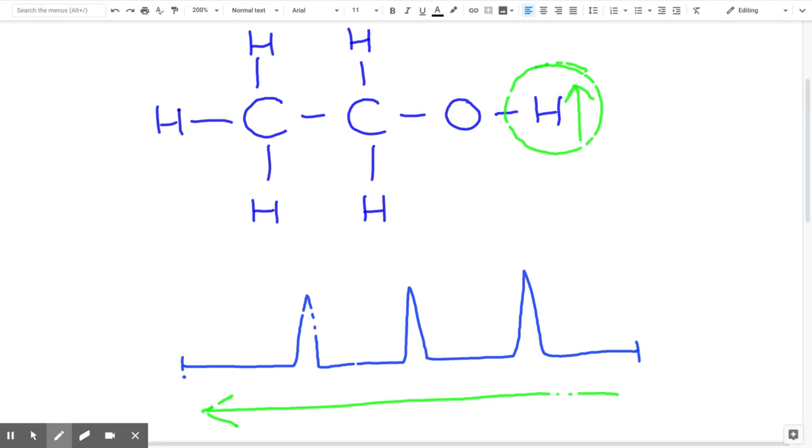The electrons are negatively charged, and those negatively charged electrons are going to shield the positive nucleus from the outside, applied magnetic field. And so the amount of electrons around a proton has an effect upon the position of the peak